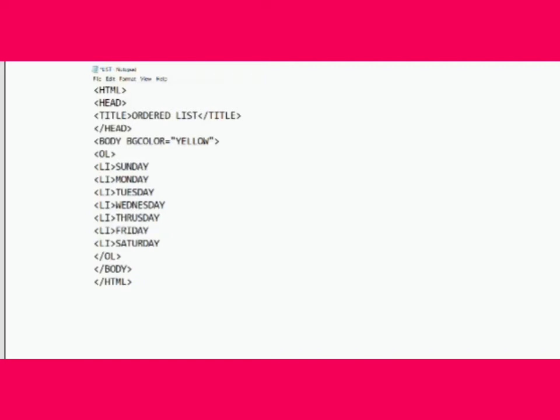When you open this file in Google Chrome, a yellow color screen will appear and the names of the days are written on it, like number 1 Sunday, number 2 Monday, number 3 Tuesday and so on.